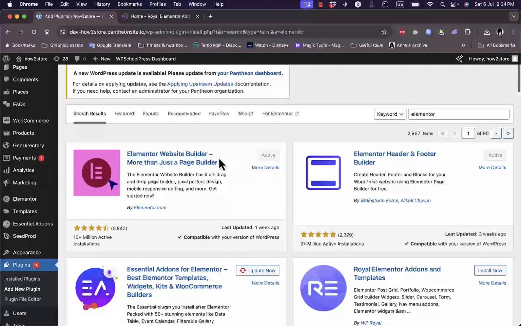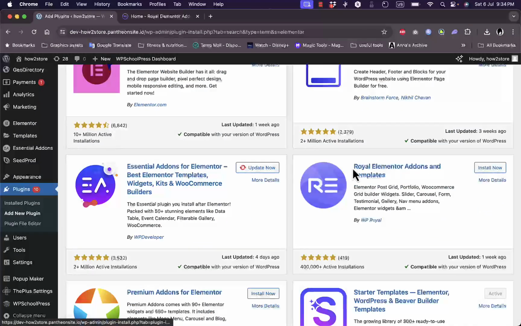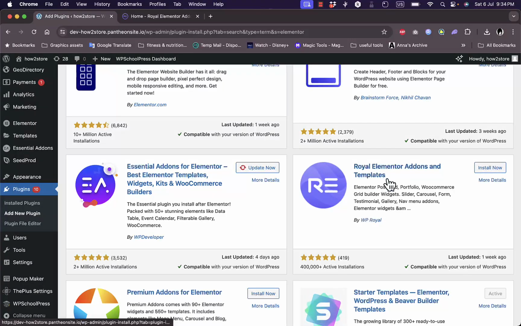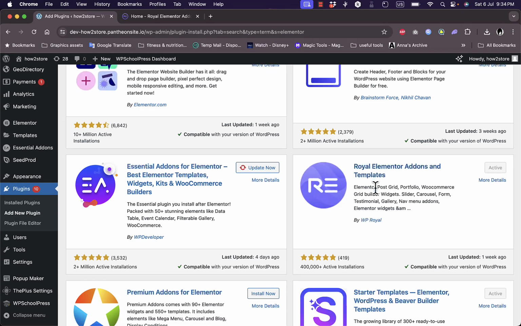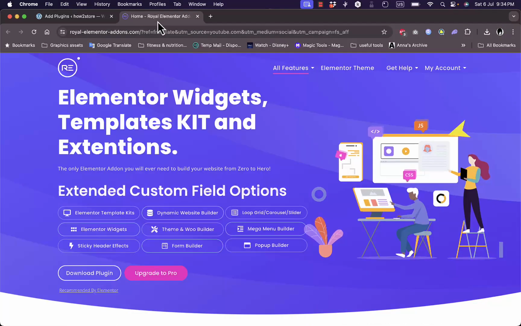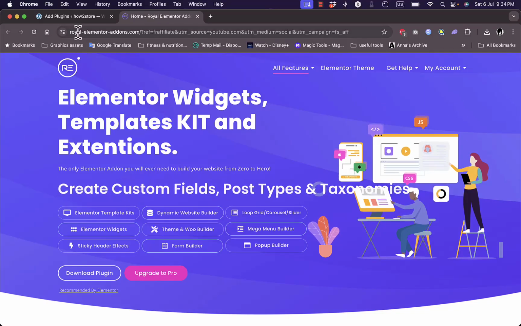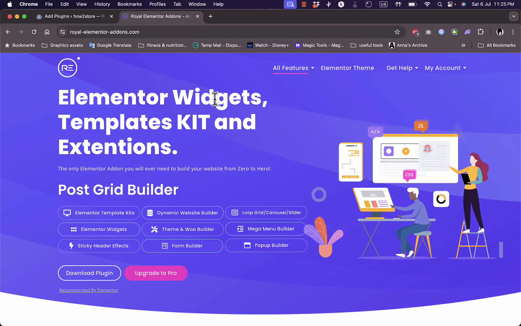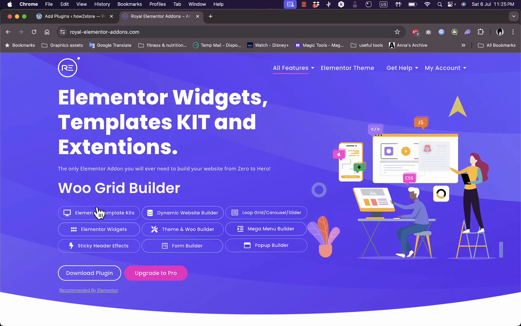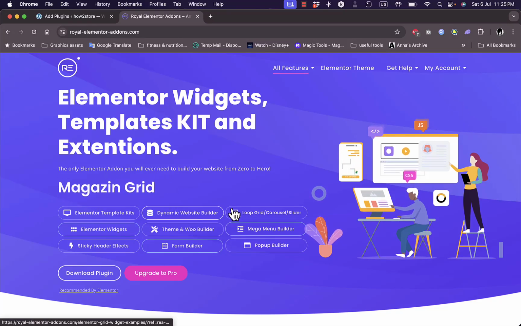Now, once you have Elementor installed, the next plugin we'll need is the Royal Elementor add-ons and templates. Click on install now, and once it's installed, simply click on activate. Alternatively, you can install this specific plugin from their webpage, royal-elementor-addons.com. You can see that they have a large variety of Elementor template kits, a dynamic website builder, and so much